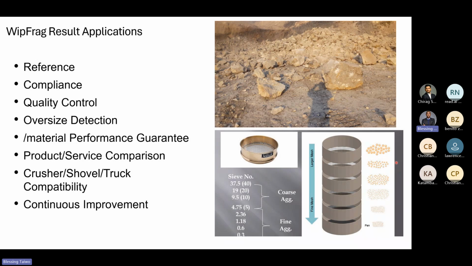Also, you want to check your blasting for oversize detection. You want to detect if you have material in that blast that is bigger than your desire, maybe bigger than the crusher or bigger than the loader. Then you want to make sure that you have access to the quality of material that you are producing from this blast to aid your adjustment.